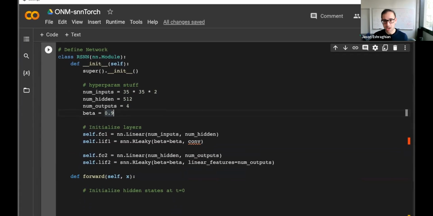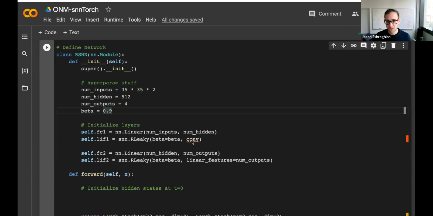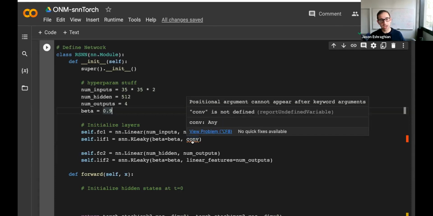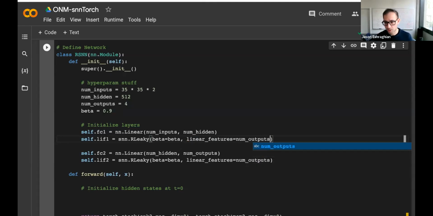You know what, in the interest of time, I won't go there, but check the docs. There's an example in there. But you have to specify your number of channels, the kernel size, and there's going to be padding in the background to ensure your output convolution matches the input feature map so that they can be added together. Hopefully that makes sense. So linear features equals num outputs. No, sorry, num hidden.